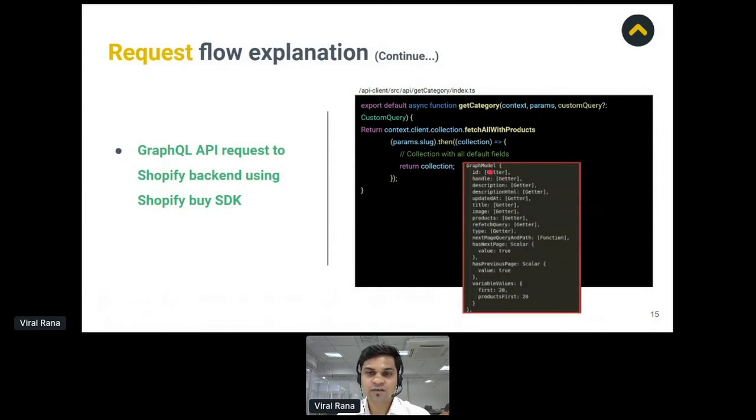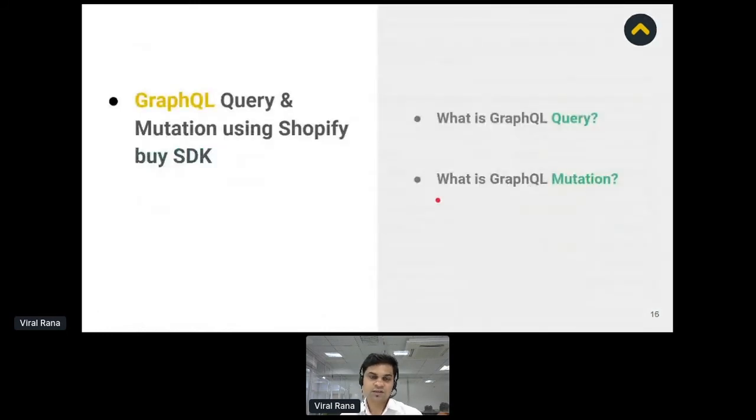In the graph model, you can see that all the properties can be easily readable by the getters. Okay, so this is the understanding of the Vue Storefront request standard flow.